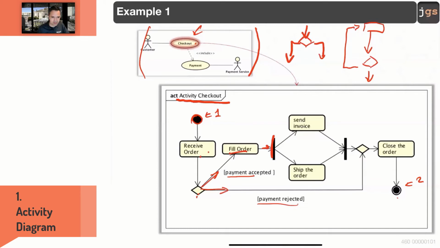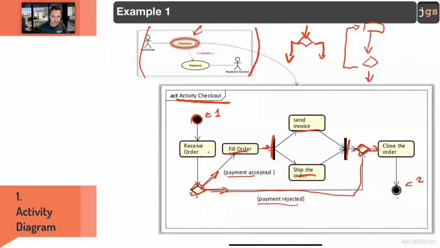These bars, parallel activities: this one and this one should happen at the same time. That is what I am representing there. It's not one after the other, it's parallel. Threads, if I ask you for programming. After both of them happen, another condition. The other condition, and, oh, wait, this diamond,